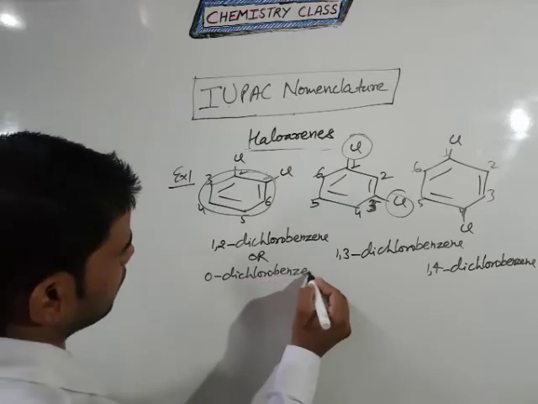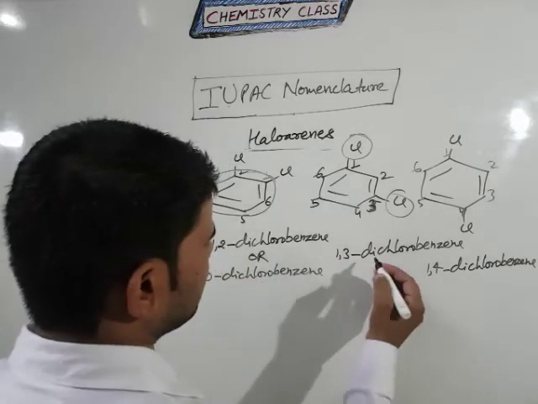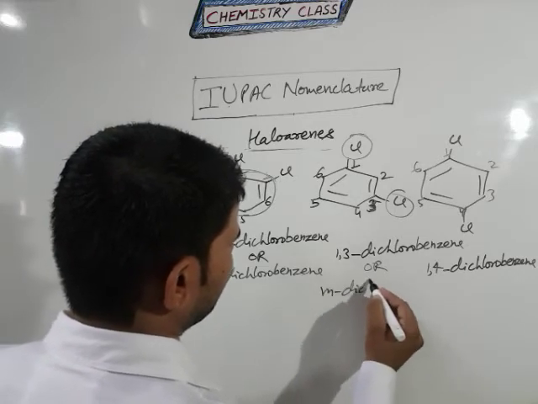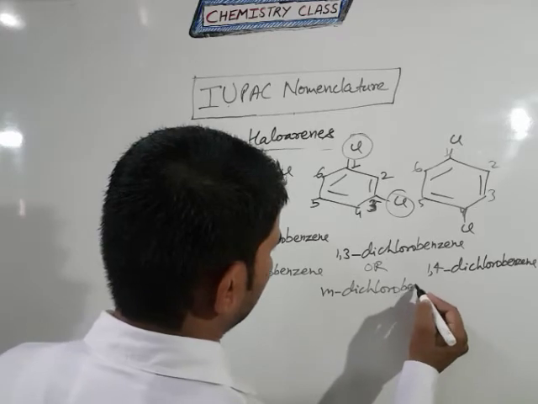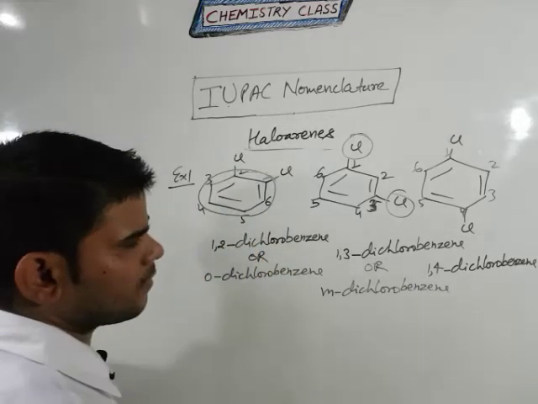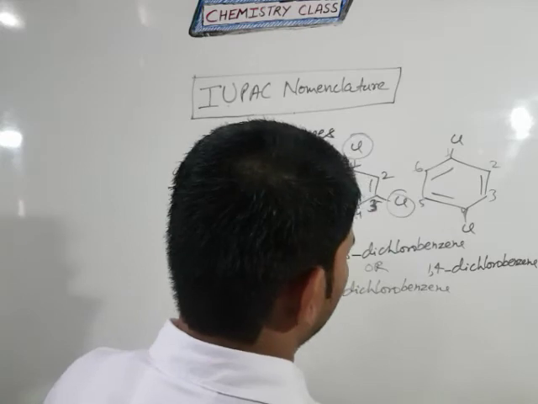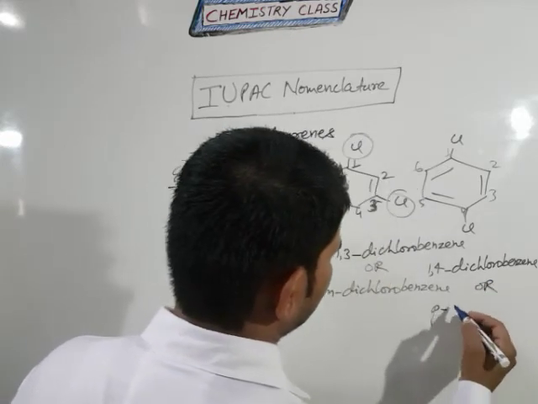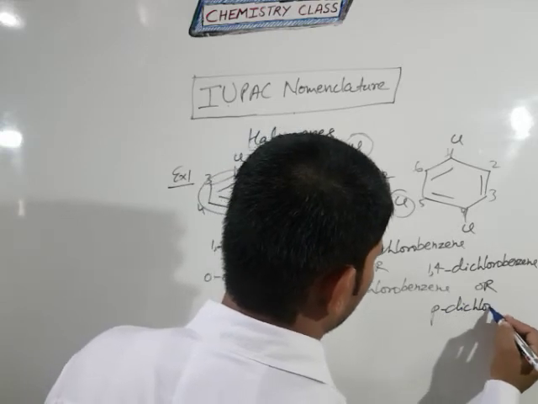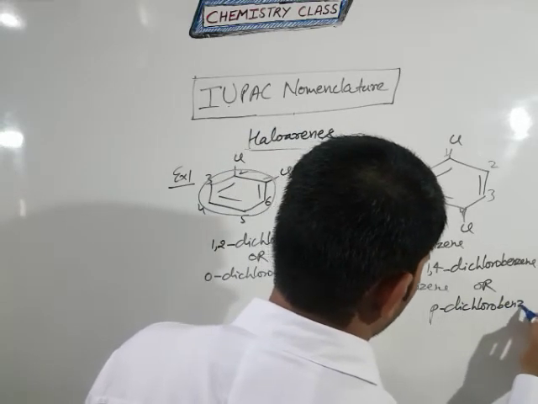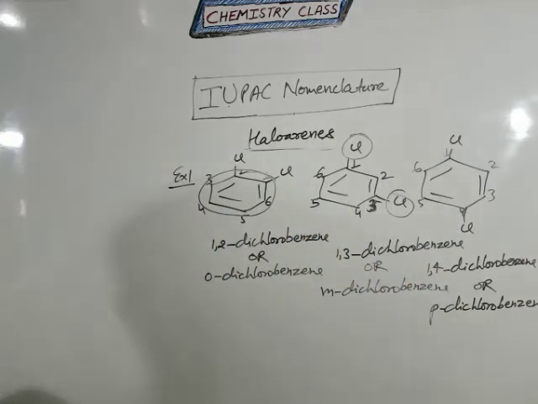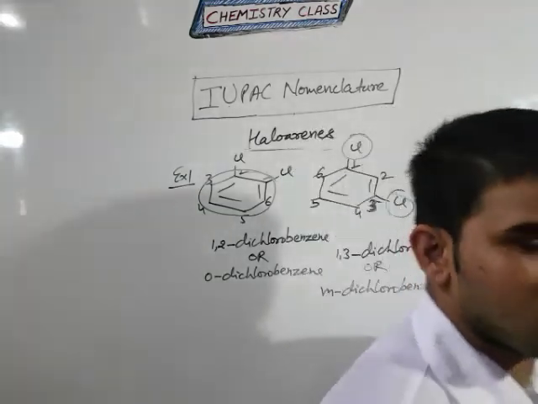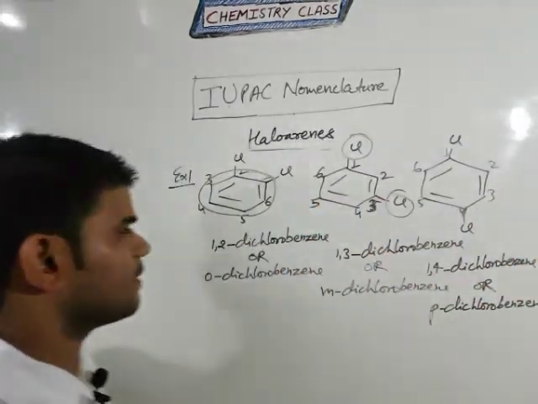If someone asks about the common name of the given examples, so students, the common name is orthodichlorobenzene. Same for this example, that means metadichlorobenzene. Same for the last example. This one is para dash dichlorobenzene. The one important point is how to decide the ortho, meta and para position of the given example.